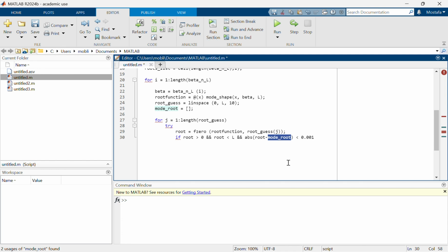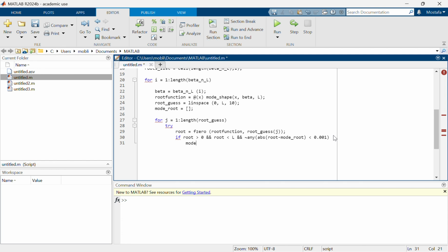And for mode 3 of vibrations, we are going to have 4 roots. So I'm going to add an any function here, tilde any, and then I'm going to put the whole thing inside the parentheses. So we'll actually go through all of the roots that are calculated. This is my if function, and then if this is the case,